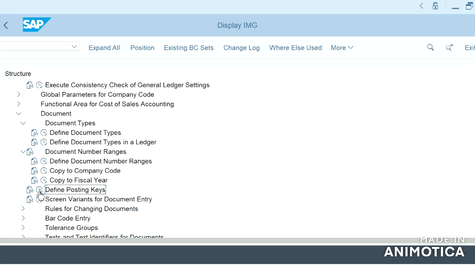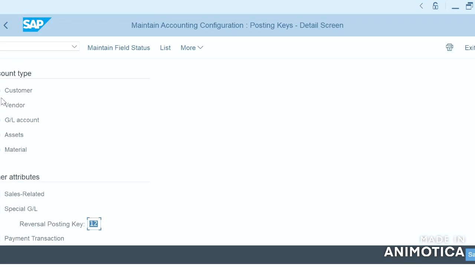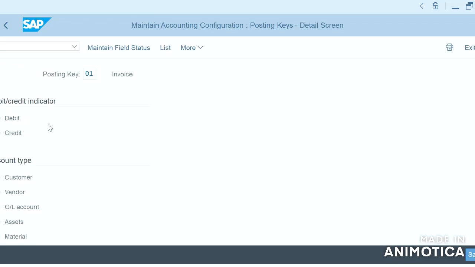Posting keys, again I think, should be at client level. It is a 2-digit number key which determines whether it is a debit line item or a credit line item.